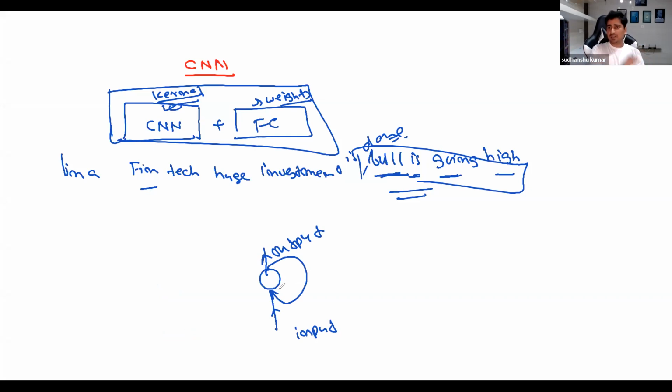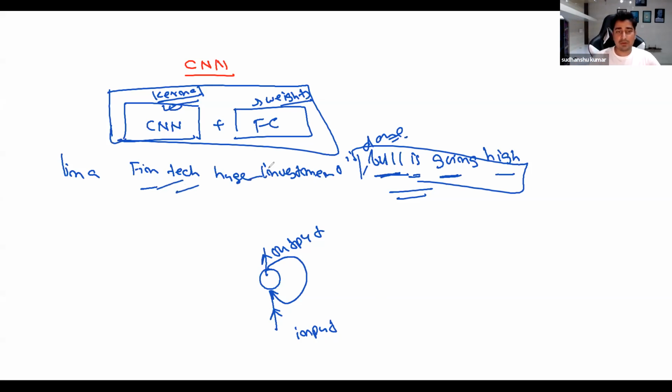In this case, I will be able to memorize, to store some kind of information which I have already processed. So it's not like I will just give an input and get an output. No, I will also store some vector. I'm not saying that you are going to store the entire output and then next time take a new input plus the output from the previous one. No. Some context I'm going to store.